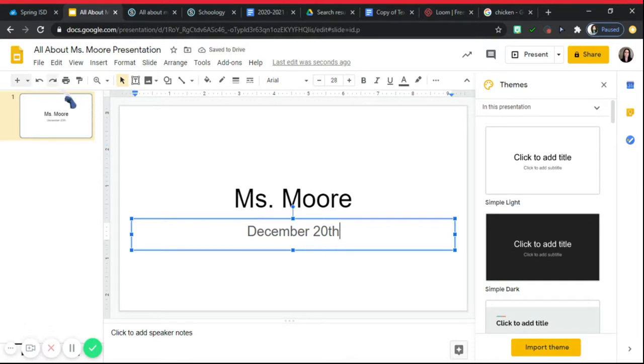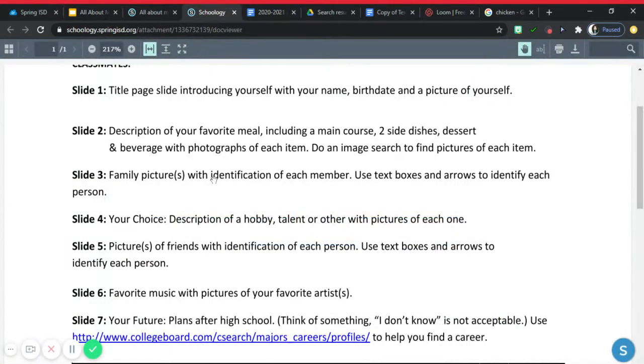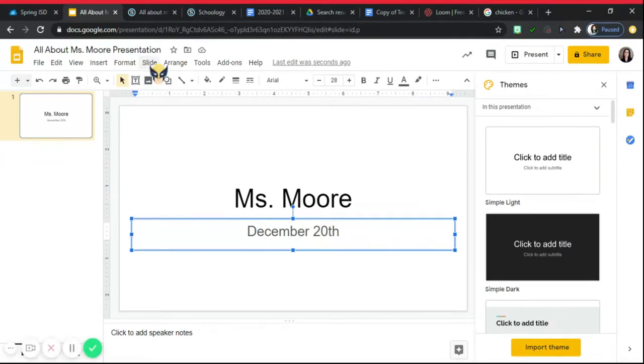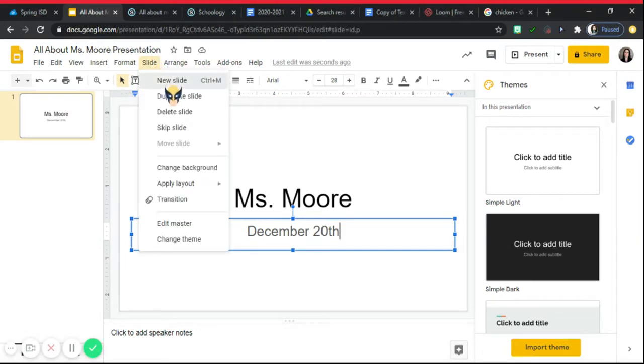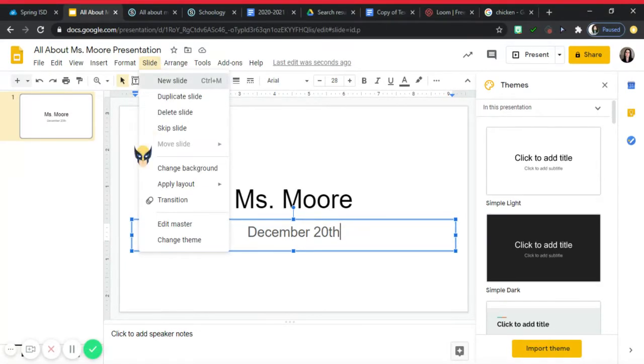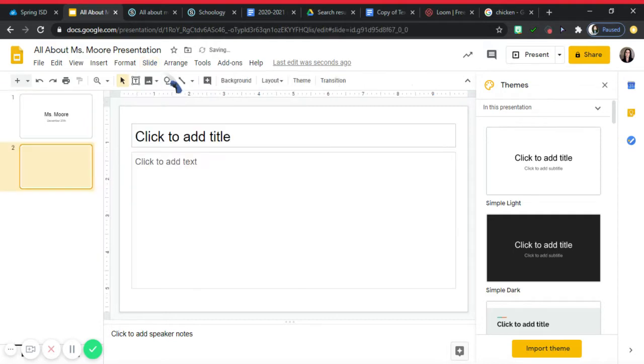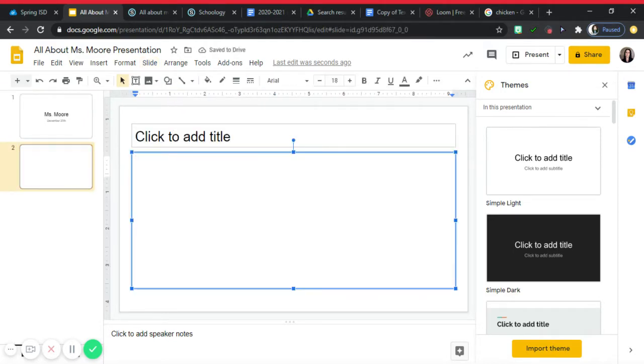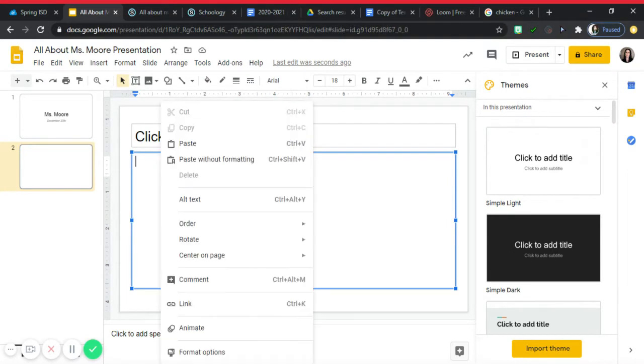I still have that picture of chicken, so let's see what slide that was. It is slide 2, so I'm going to go ahead and add slide 2. I can add another slide. And I'm going to go ahead and I have this picture on here, so I could right click and click paste,